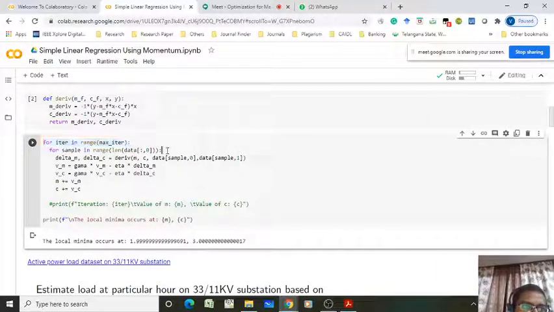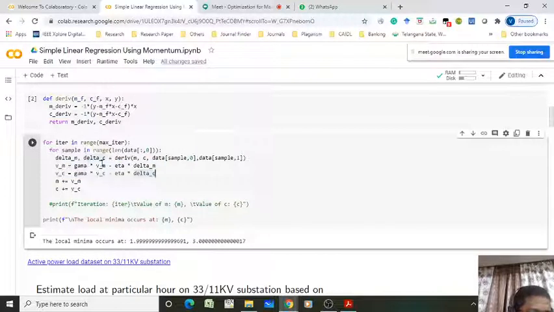Step 3: sample loop, where samples equal the total data rows, that is the number of samples. What do we do next? Step 4: we need to calculate the gradient. Once you get the gradient, what do you have to do? Step 5: velocity, Vm equal to gamma into Vm minus eta into Gm, Vc equal to gamma into Vc minus eta into Gc, that is done here.